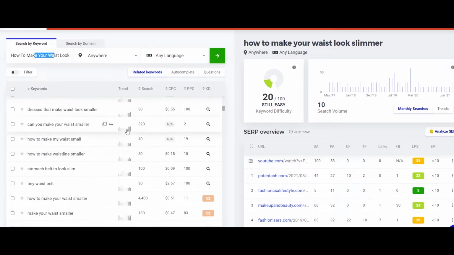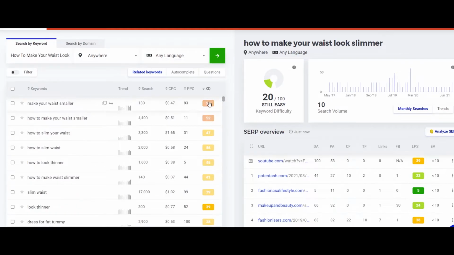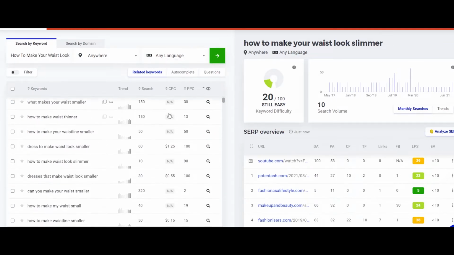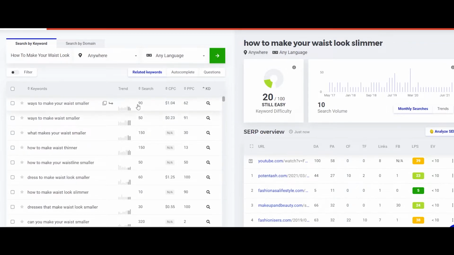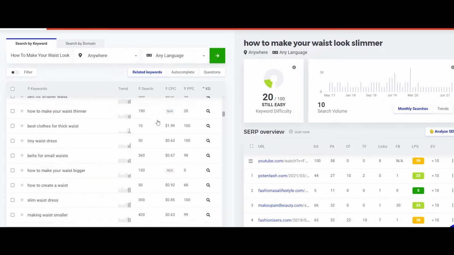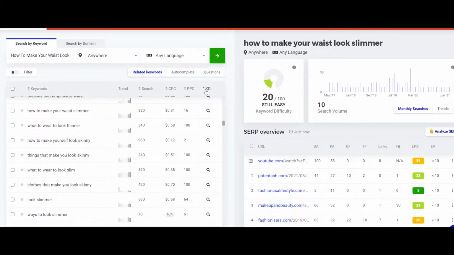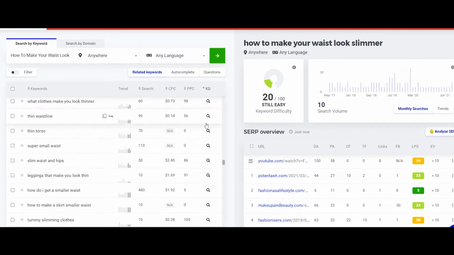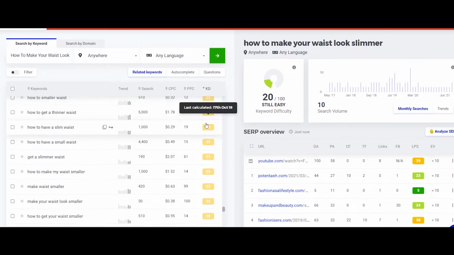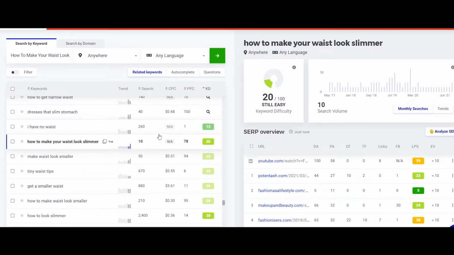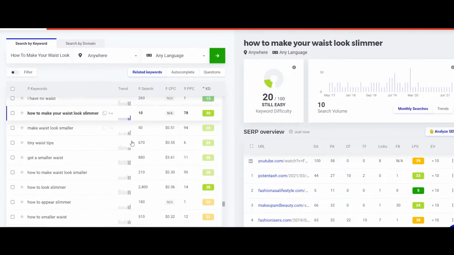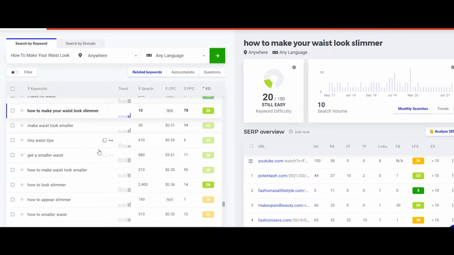So just make sure that whatever keyword you choose here has low difficulty, and also a combination of good search volume. So you can simply sort it by keyword difficulty, and after this you can look for the keywords that have low difficulty with a good amount of search volume. So there you go.